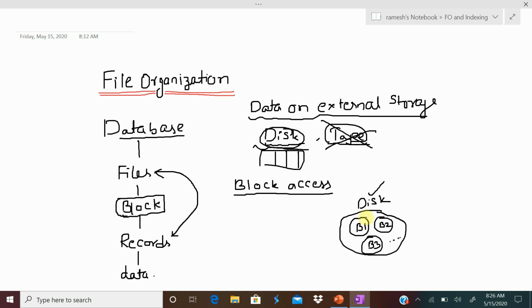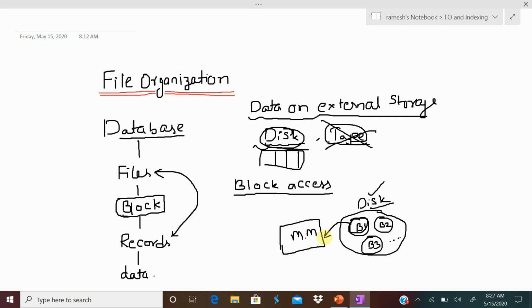The file has to move into main memory, and you know that main memory is always smaller in size compared with the disk storage, so moving the entire file into main memory may not be possible. That's why the search will progress by transferring one block of records from disk to main memory and performing a search in that block of records.